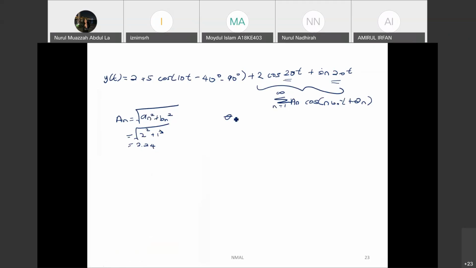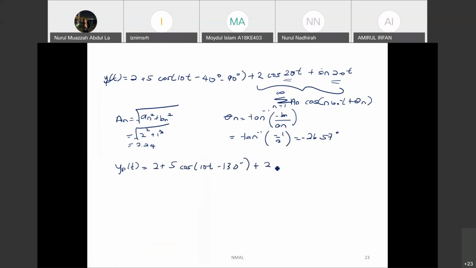And then for theta n, you can get this using this equation, arc tangent. So please learn how to use your calculator to find this value. And then arc tangent of negative 1 over 2, you get negative 26.57 degrees. Okay, so it doesn't matter if you want to put the phase here in terms of degrees or in terms of pi. Both are accepted. Okay, and sorry, this is yp. So here yp(t) will become 2 plus 5 cos(10t minus 130 degrees)